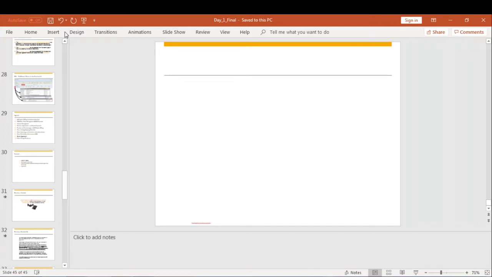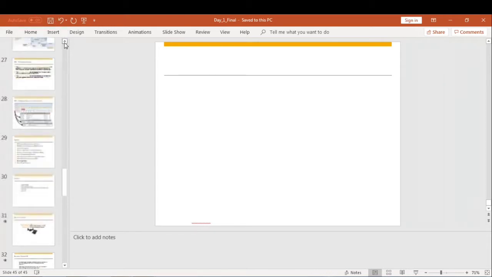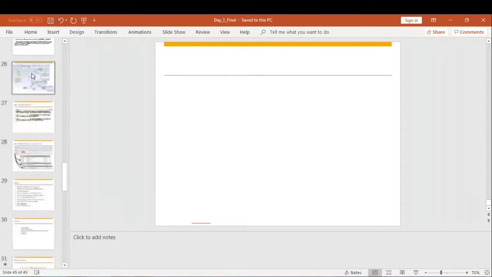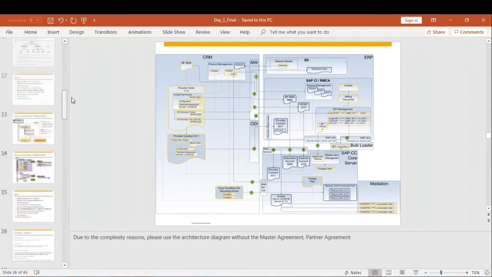Now we will discuss that overview, and we will learn account management customizing. Now I will quickly review yesterday's session. So yesterday we learned what happens in the CRM system.